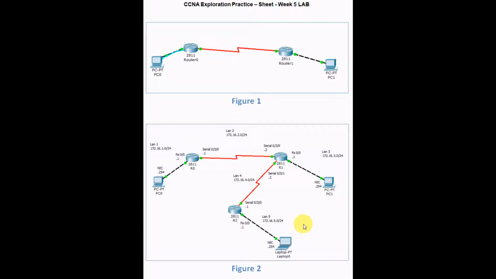This is a short video explaining the solution to the Networking 1 Week 5 lab. We start with a pre-configured lab using Packet Tracer, where we have two PCs connected using two routers, and a series of static routes have been added to both routers to allow PC0 to ping successfully to PC1 and PC1 to